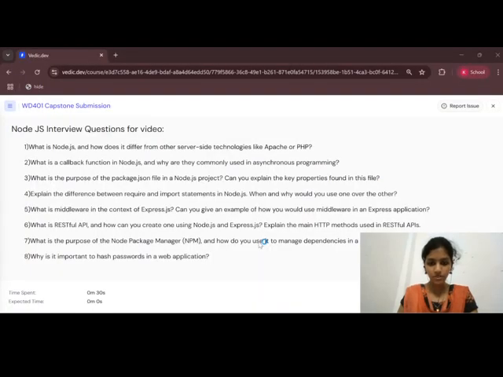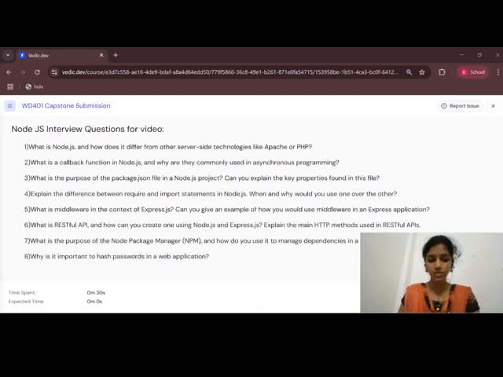Next, the fifth question. What is middleware in the context of Express.js? Can you give an example of how you would use middleware in an Express application? First of all, middleware is a function that runs before reaching the route handler.